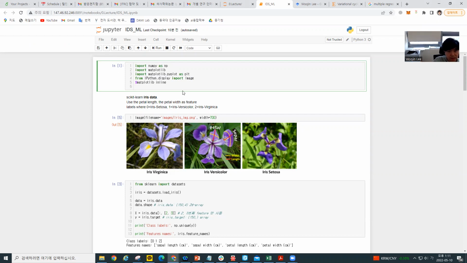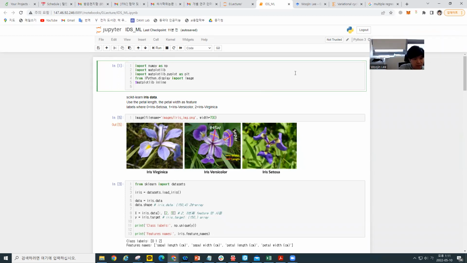For supervised learning, we have learned about K nearest neighbor, KNN. And for unsupervised learning, we have learned about the K-means algorithm. So today I'm going to have an experiment with two major algorithms, K-means and K-nearest neighbor, using Python